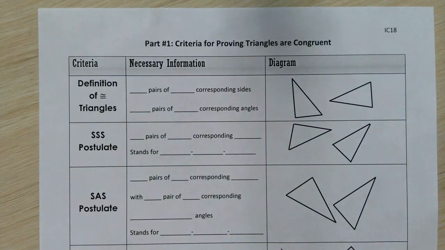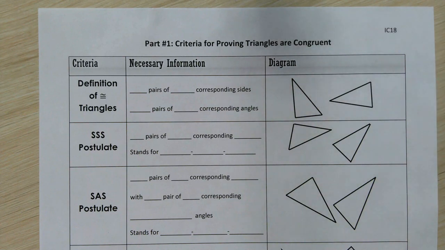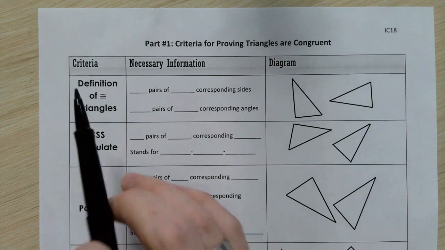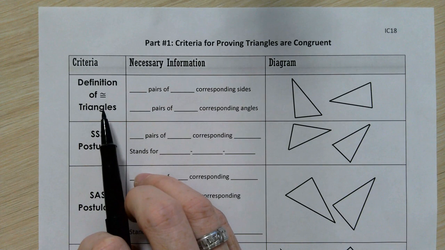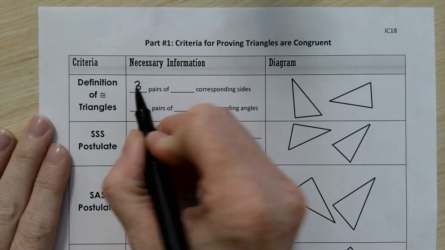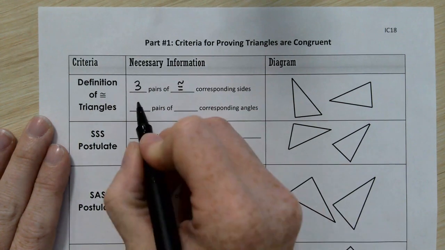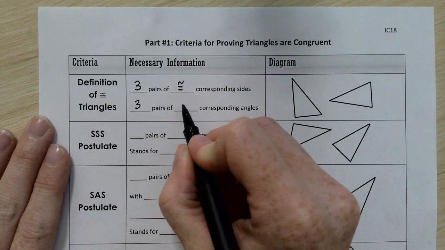Today's notes will cover class 18, which is going to talk about different criteria for proving that triangles are congruent. So if we think back to our discussion earlier about congruent polygons, we can think about what the definition of congruent triangles would need to look like. We would need 3 different pairs of congruent corresponding sides,